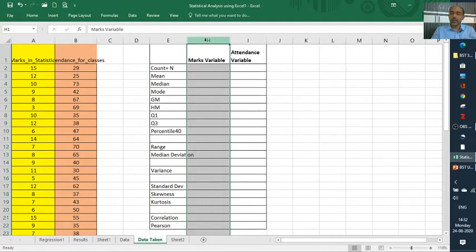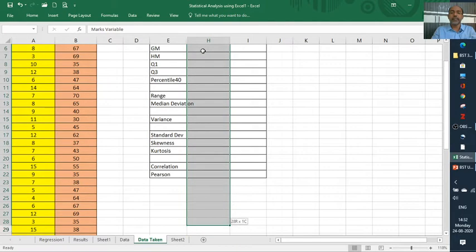Marks, I am just putting a different color, yellow, so that we can easily identify.